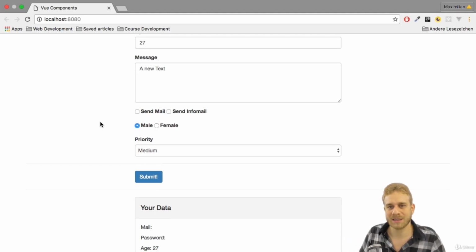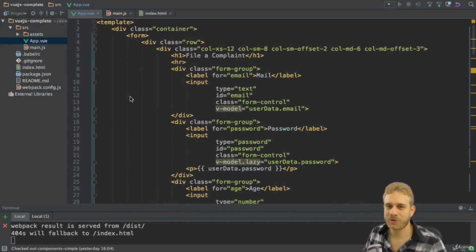Here, I want to build a little switch which I can toggle between on and off. And to do this, I will build my own component which has this logic in it. Let's start with that. To build our own component, which works as an input, we have to understand what vModel